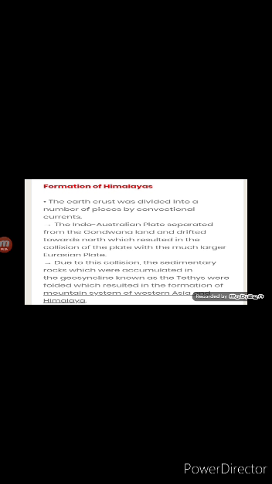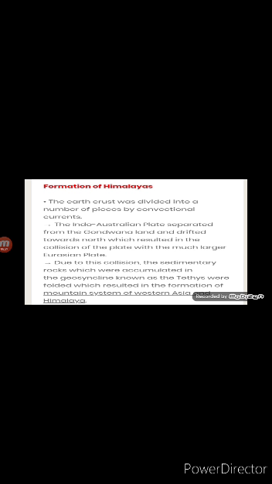The convection currents of the mantle fractured the Gondwana land into a number of pieces. Then what happened? The Indo-Australian plate, after getting separated from Gondwana land, drifted slowly towards the north, which collided with the Eurasian plate in the northern hemisphere.